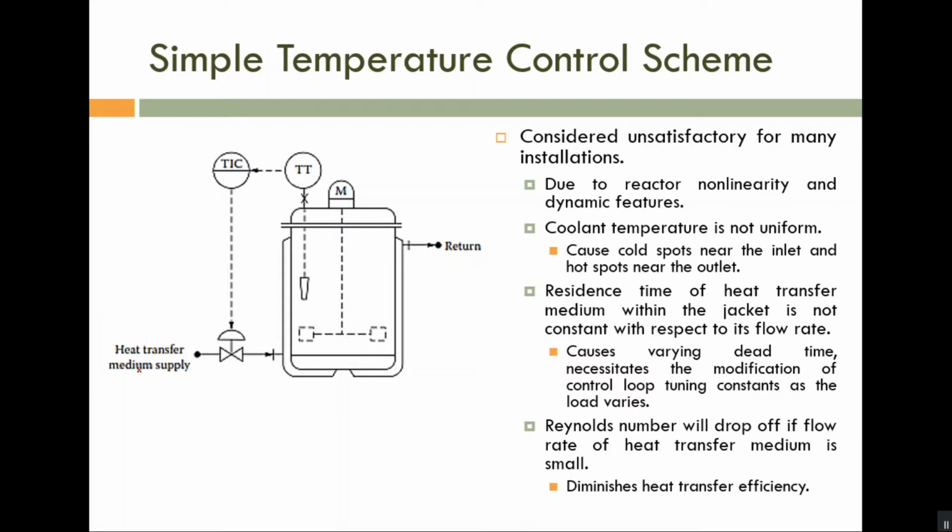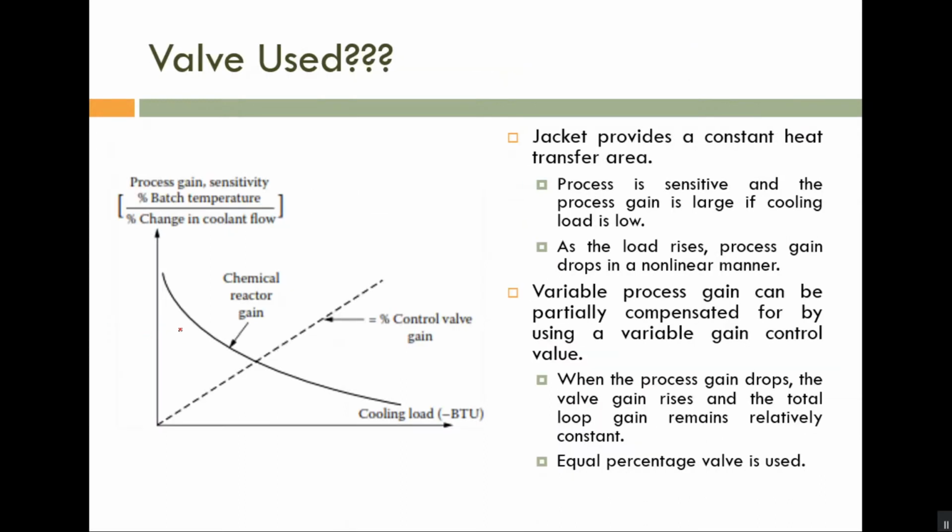The third one is again related to load. If the cooling load is increasing, meaning the demand of coolant is increasing, the problem is the process, the chemical reactor gain, will decrease. That one is shown here. But normally in a process the loop gain must be constant. So if the chemical reactor, this one is the plant gain, Kp, is decreasing,